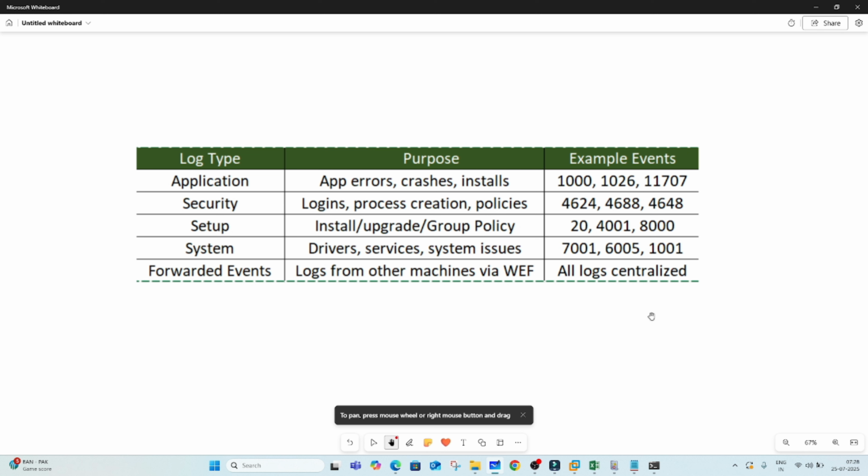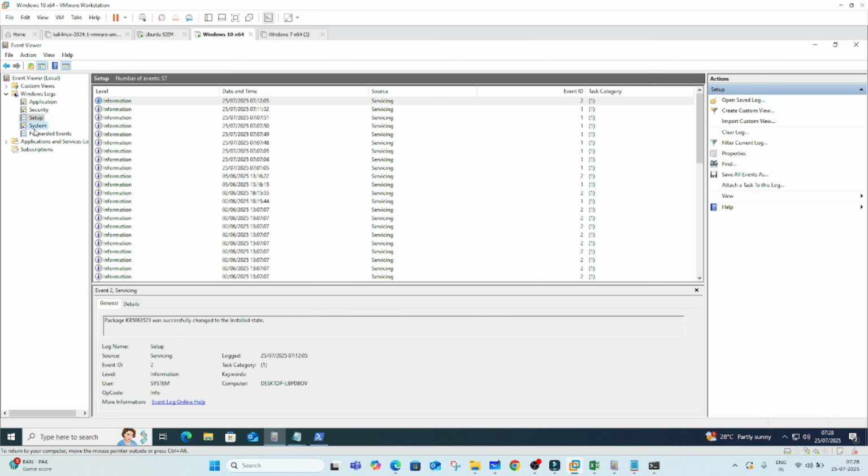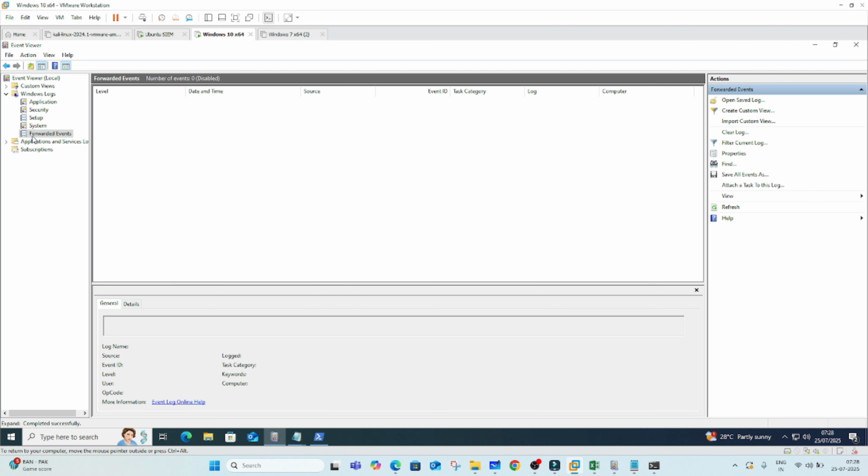So all those logs were generated from that admin machine. Today we explored all five Windows log types: application, security, setup, system, and forwarded events. And we saw how opening Notepad manually or through PowerShell generates a process creation log 4688, even if we don't save anything. Now we will see in Kibana how the logs were generated.